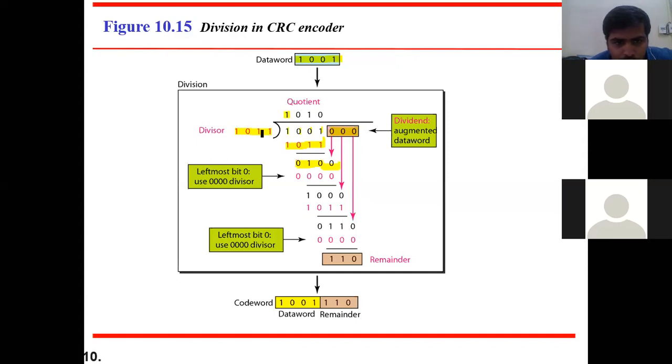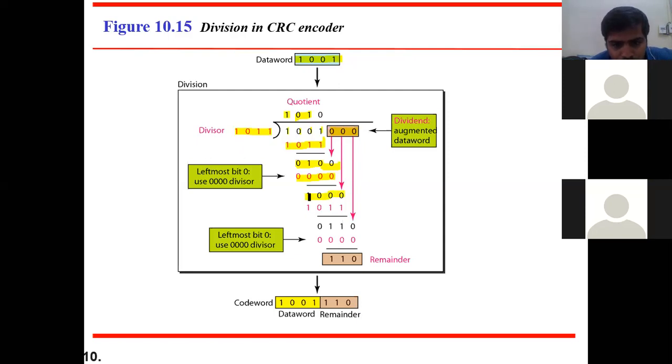Then this time 1011 into 0. Sorry, into 0. Then all the bits will be 0 here, because we are multiplying with 0. Then take all the bits as 0. 0 into 0, this we are going to neglect, so that it will go out. That's why always you should match with the leftmost bit. So take that out. Then 1 into 0 is 1. 0 into 0 is 0. 0 into 0 is 0. Again we have only 3 bits left, but our divisor is 4 bits. Then take the next 0 which is there in the queue. Then again it has become 4 bits.